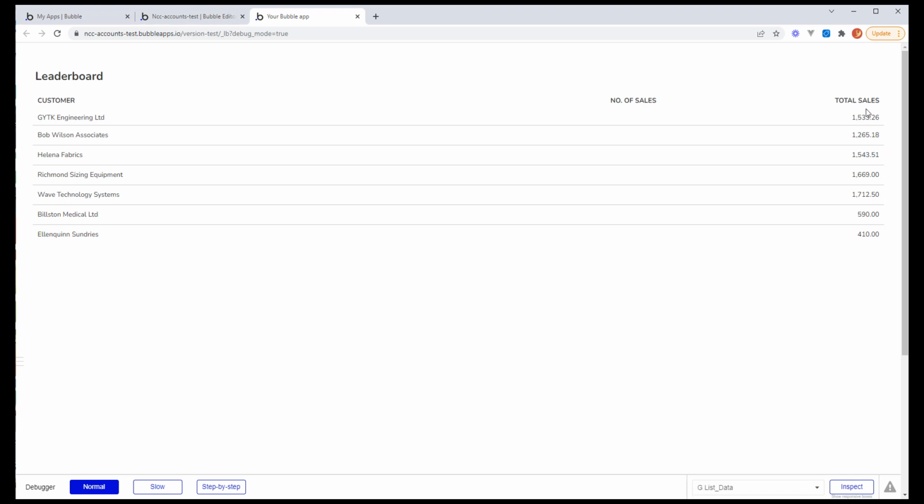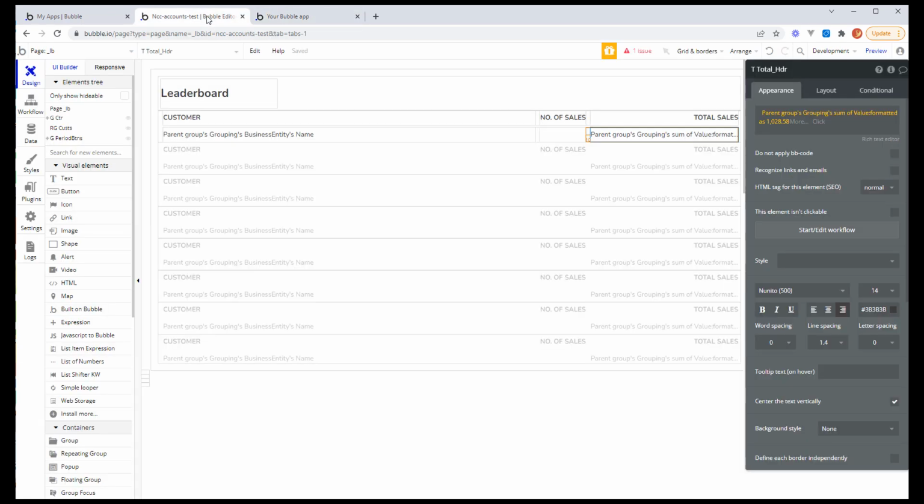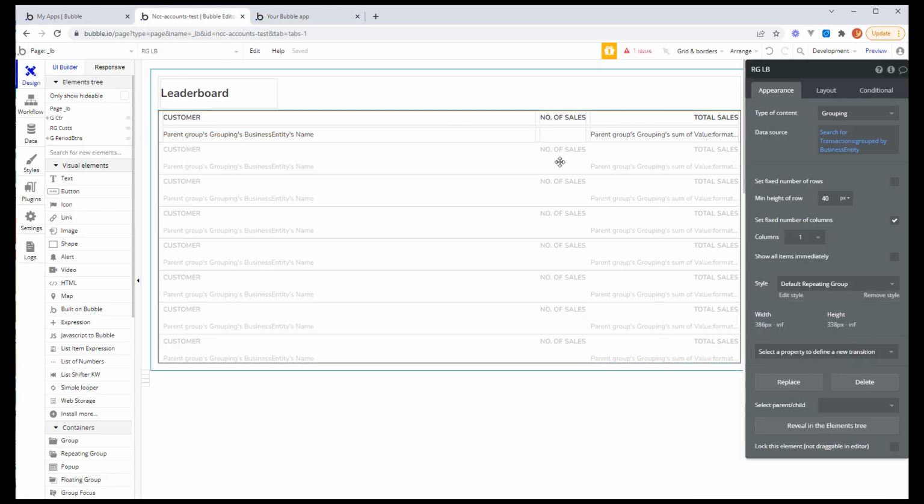So at the moment it's not actually sorting it. It's not giving us the leaderboard that we need. So let's go and sort that out. And this is where that bit we've done so far is fairly easy. Okay, this bit where you're sorting it into leaderboard order by the summed value that we need to sort it